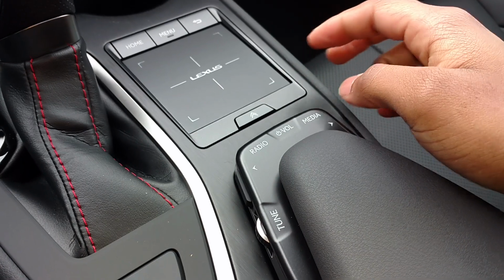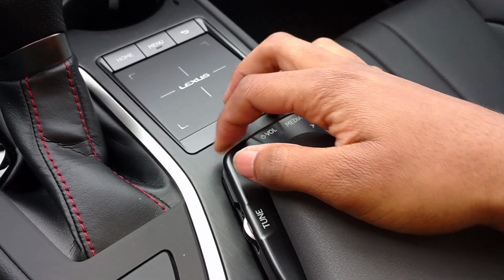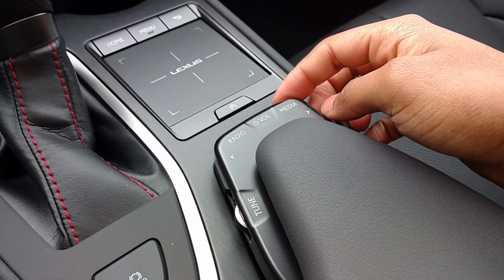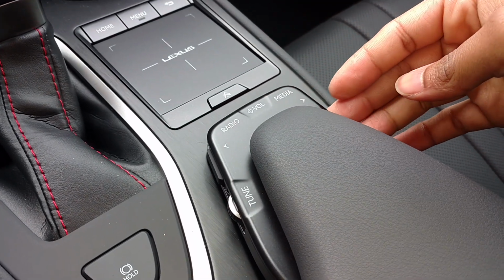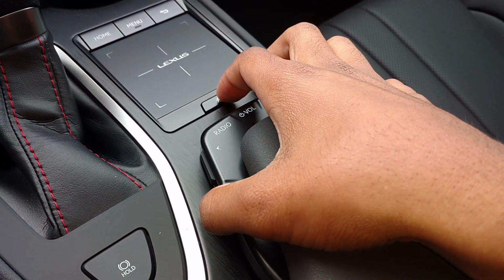So this seemed like this was pretty. You can control your radio for your satellite radio, and so you can control your other stuff. You can go down, and then you can put up the volume